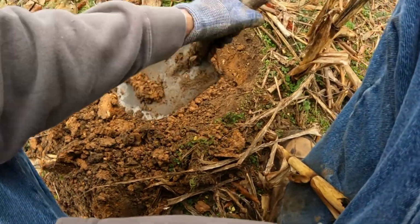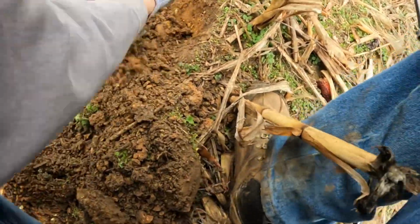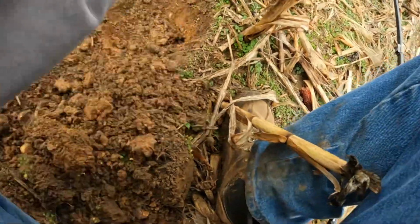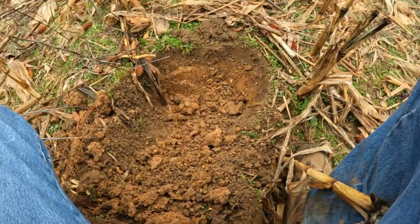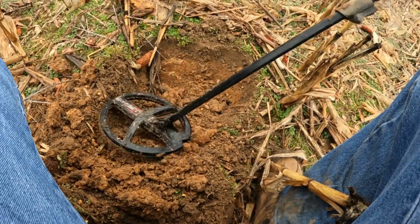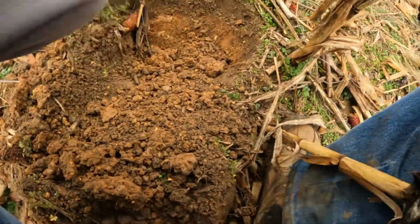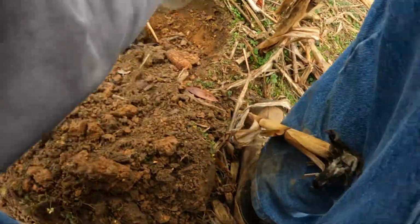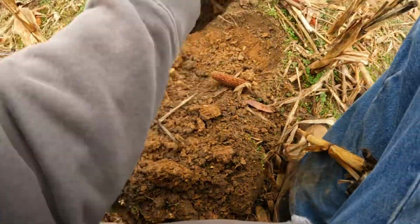Sounds really good, but I think it's iron. I'm gonna go over this way. It sounds like it's over there. Probably is. It's okay. It's iron. We're just gonna see what we got, because it could have been two different things in this hole. We're gonna go ahead and get this out and see what we got, because